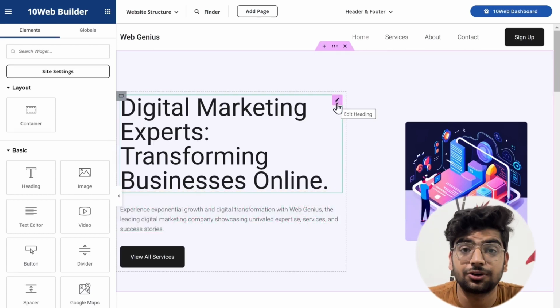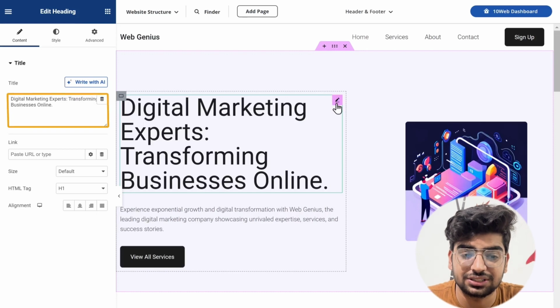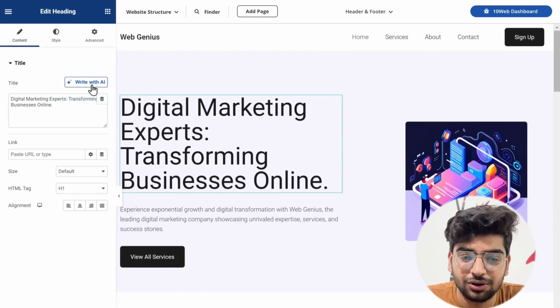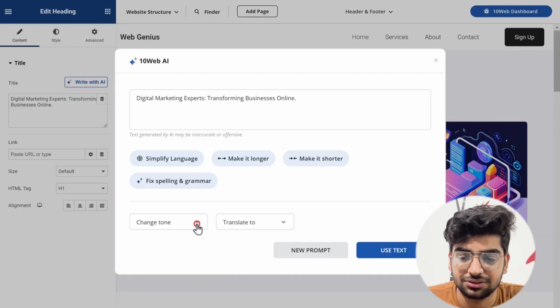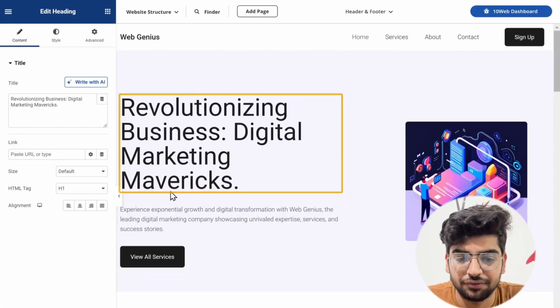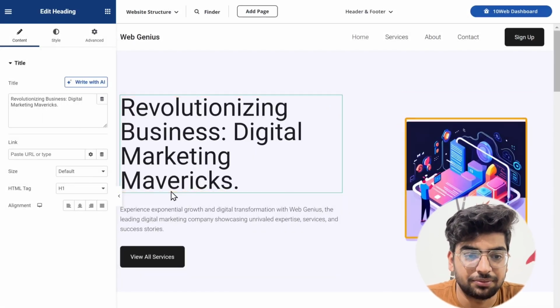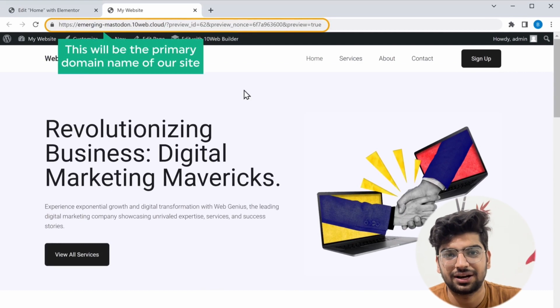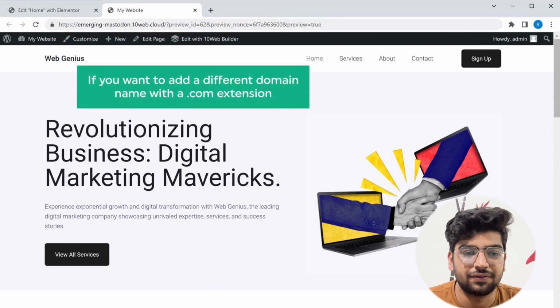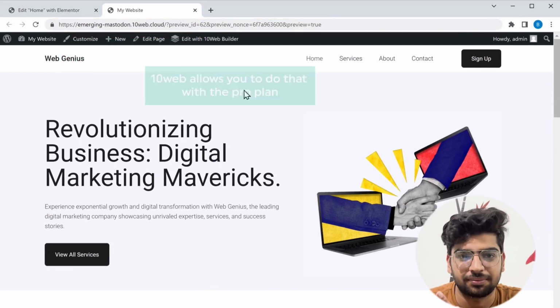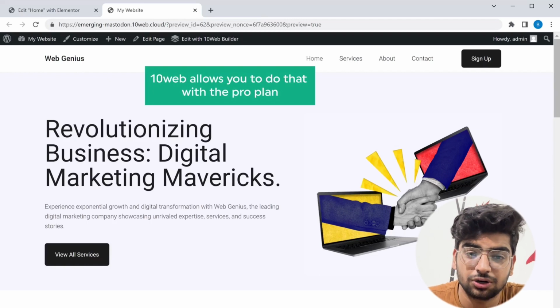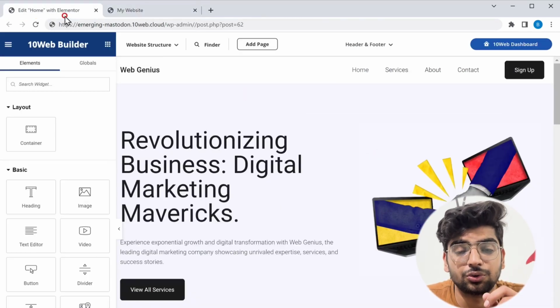And if you want to change the tone of the language, how it's written, just select that and it will be done for you. Now as you see, the whole title has been changed, and the website content has been updated. You will have this primary domain, which would be the website domain, like emerging mastodon.10web cloud. But if you want to add this .com extension, 10web allows you to do that with the Pro